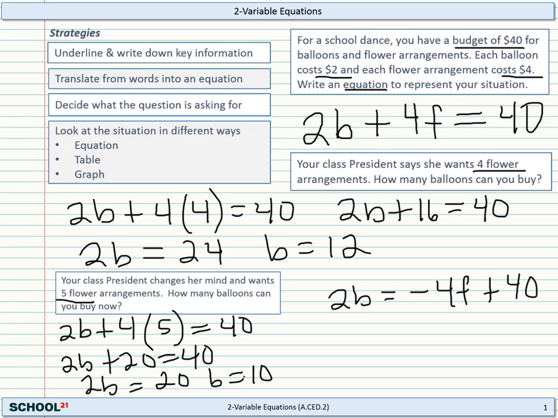And then we could divide both sides by 2 so we get B by itself. And then you have B equals negative 2F plus 20. Now, each time your president changes her mind, you can just plug the number she says in for F here, and then you can quickly calculate B without doing as much math as you had to do here